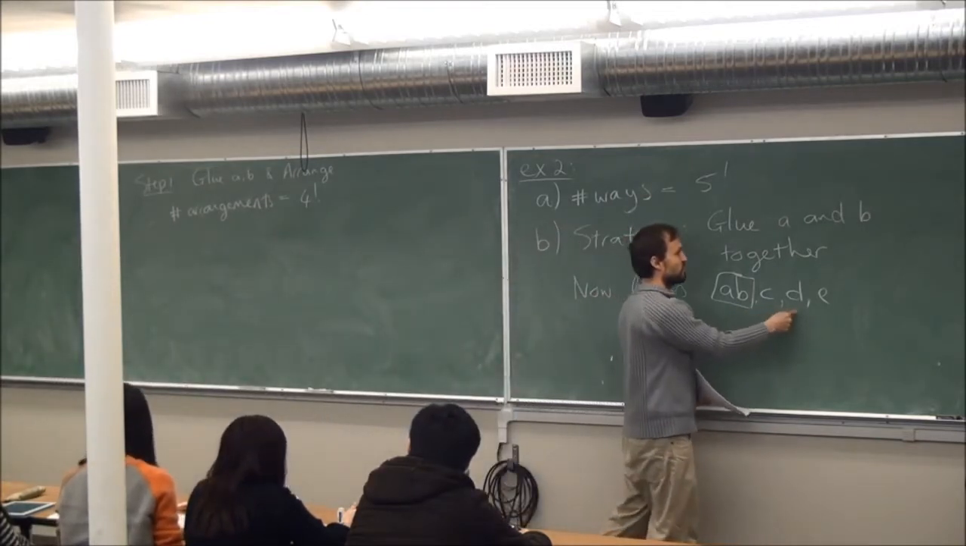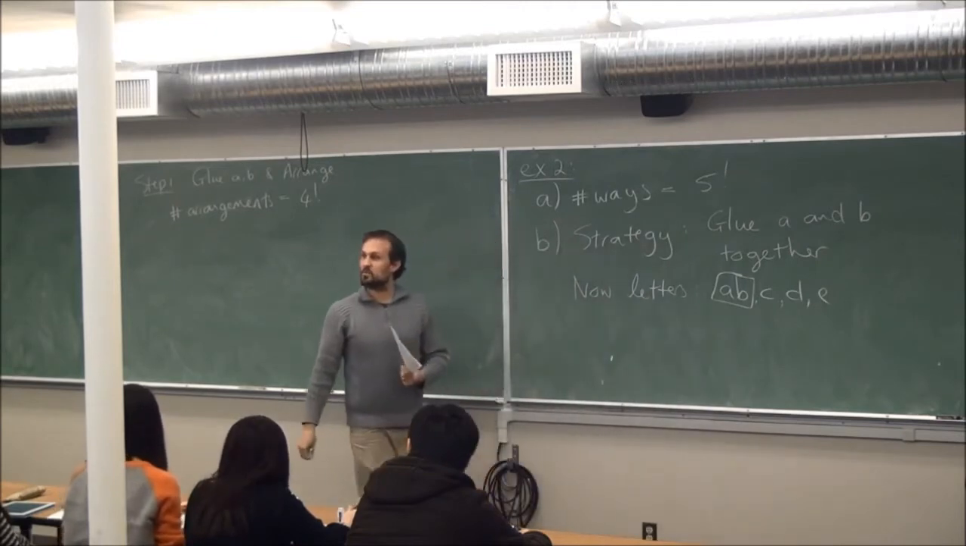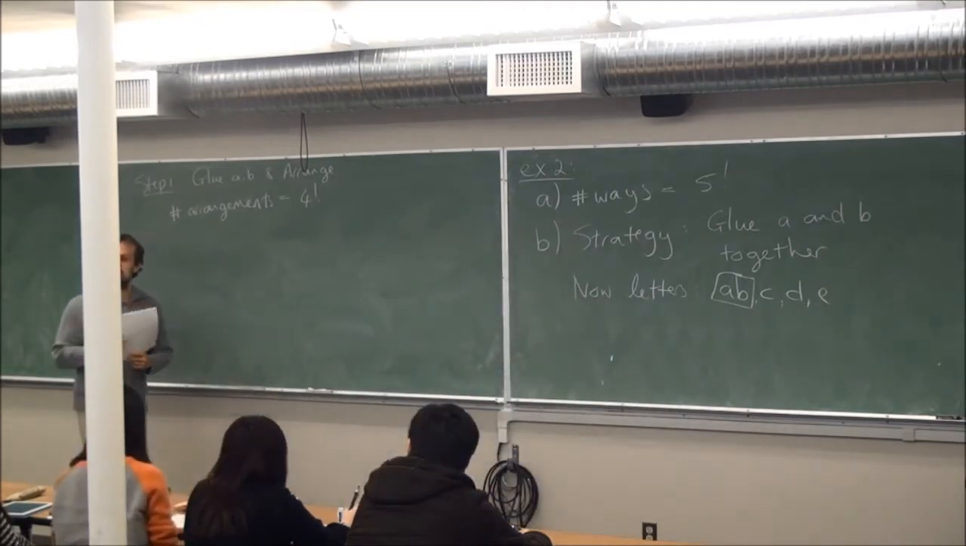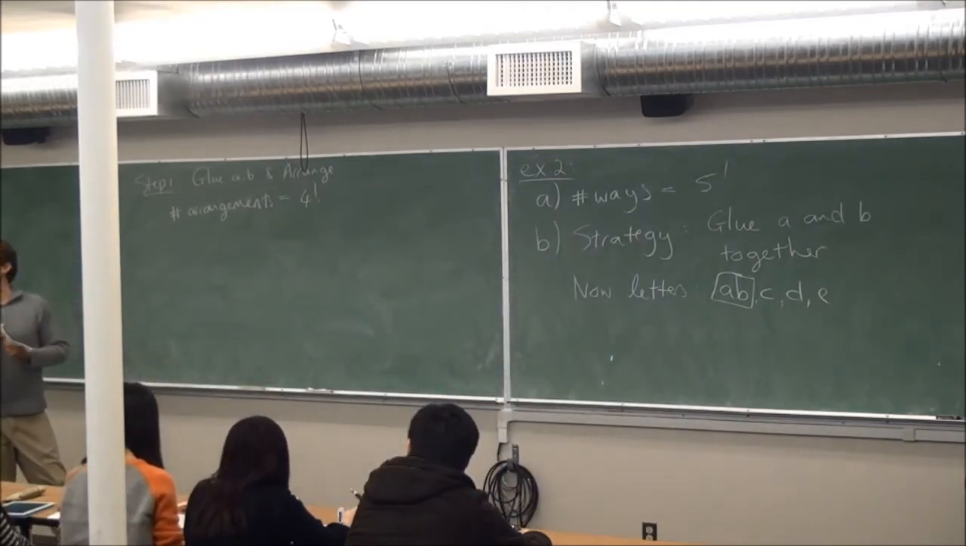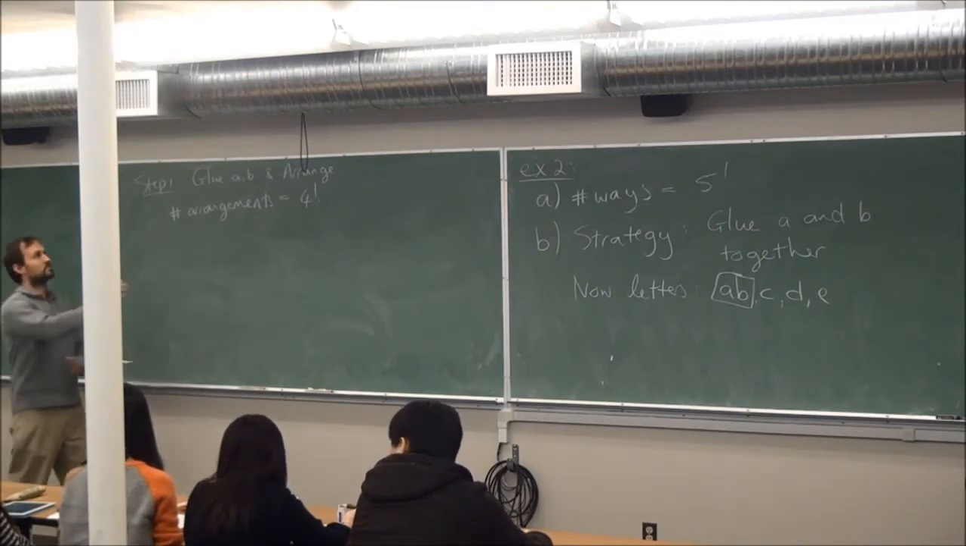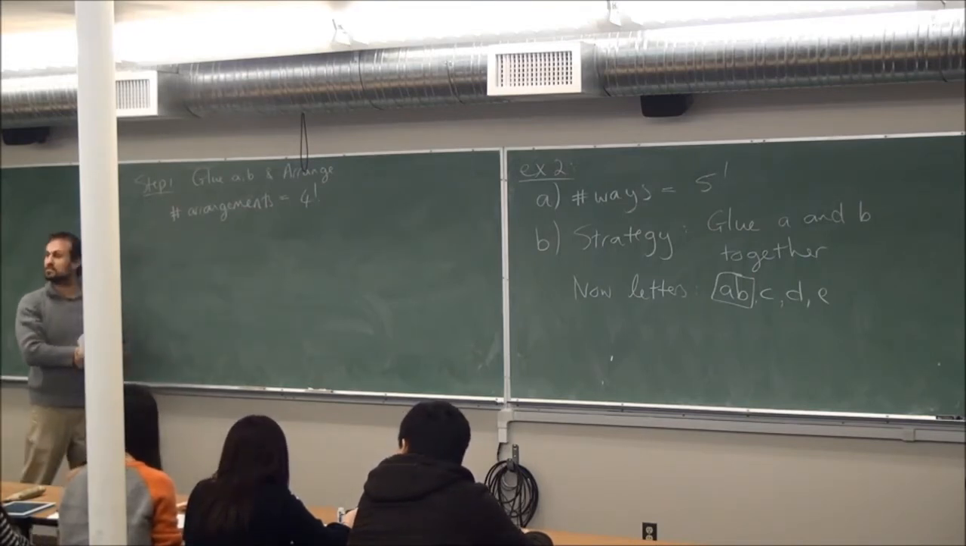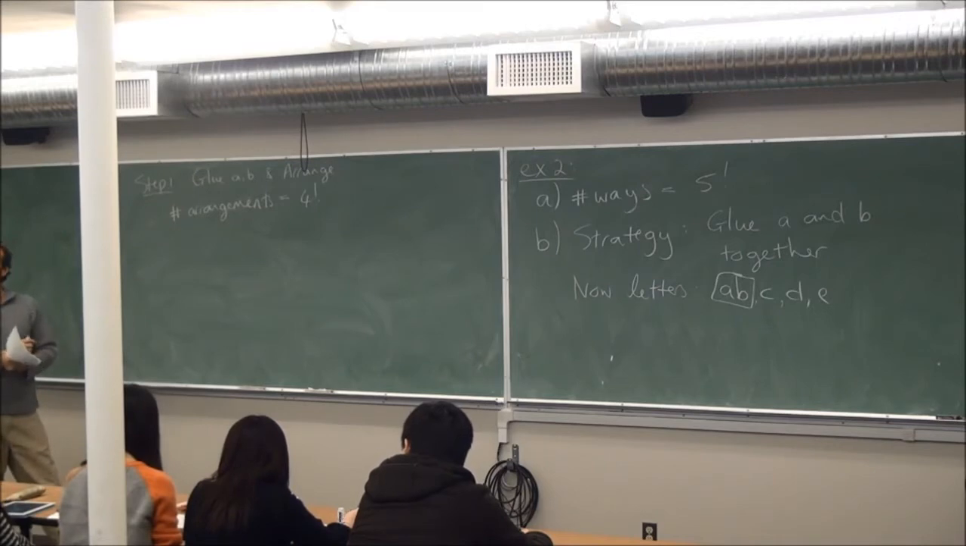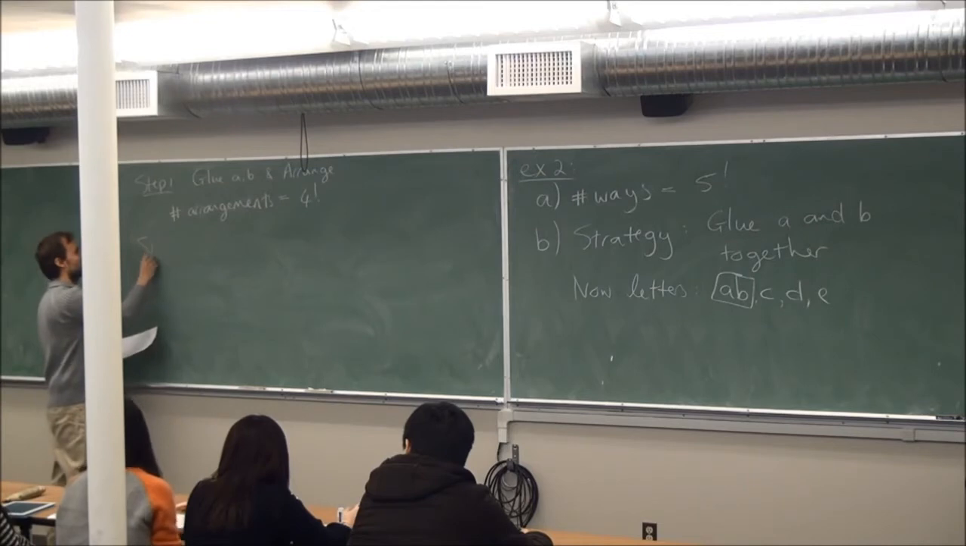I have 1, 2, 3, 4 things. How many ways can I arrange them in a row? There's no restriction on which order. No, there's no restriction now. So 4 factorial. She's just not happy. Okay, so now